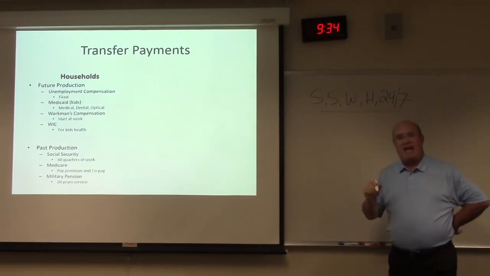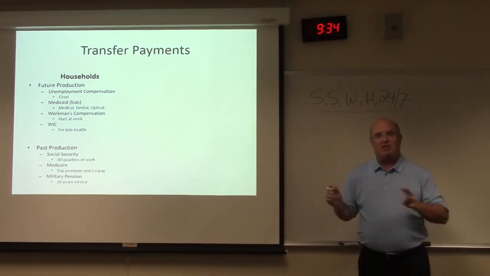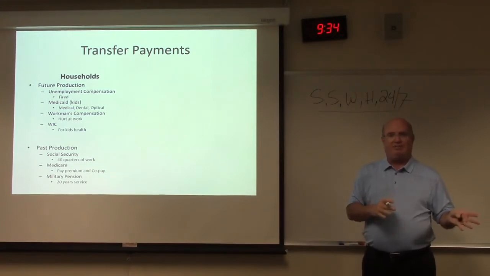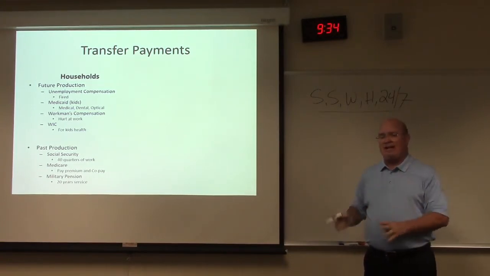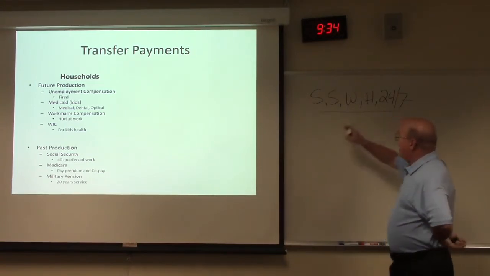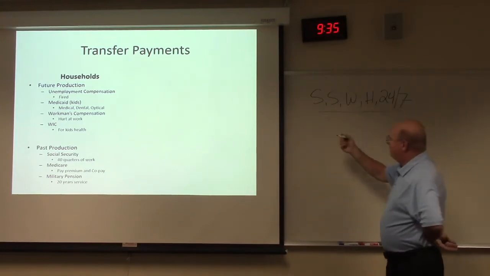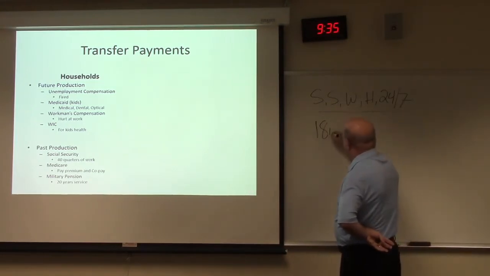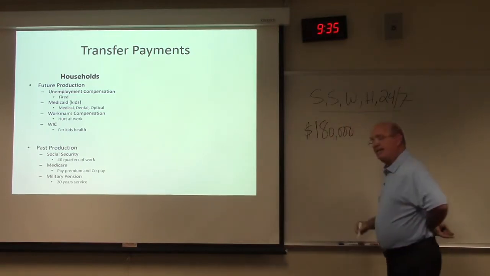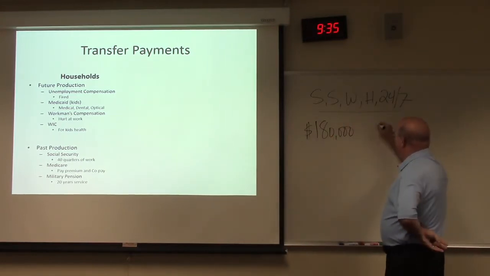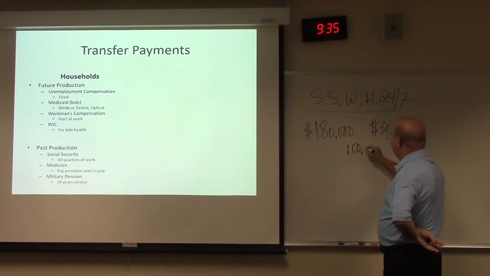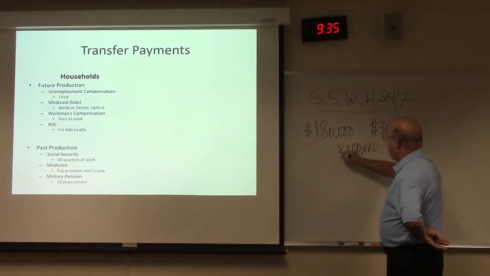Well, they actually had a group that they could look at, the Merchant Marine. If I was in the Merchant Marine instead of the Navy, and I was working all these hours, I would have had to have been paid around $180,000. What was I getting paid? About $30,000. All right, so there's a $150,000 gap here.